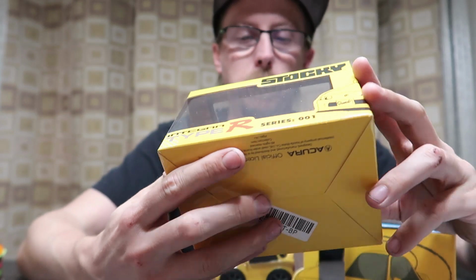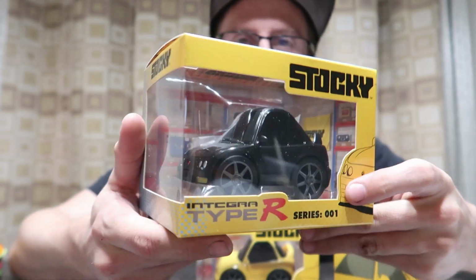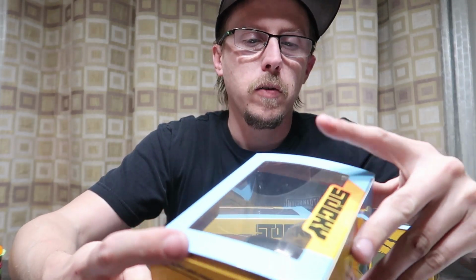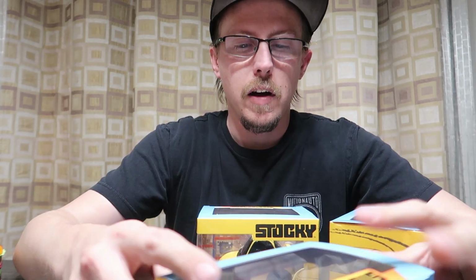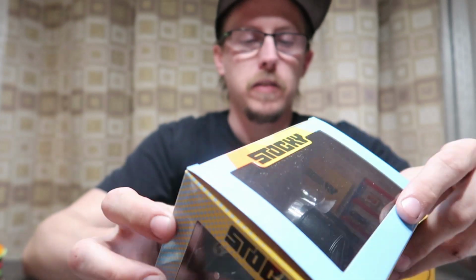So we got the Nighthawk Black Pearl Integra Type R, which is a really cool model. I don't really want to open them though, but I probably should if we're going to do an unboxing. We should probably look at these. This box obviously had some issues because it didn't want to seal even like right there, but maybe we'll open